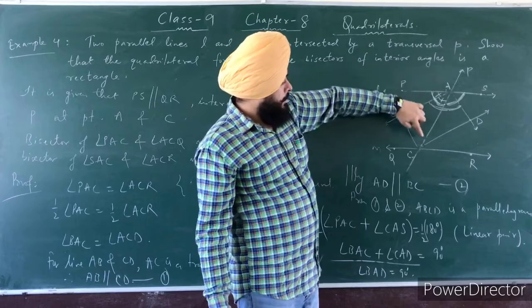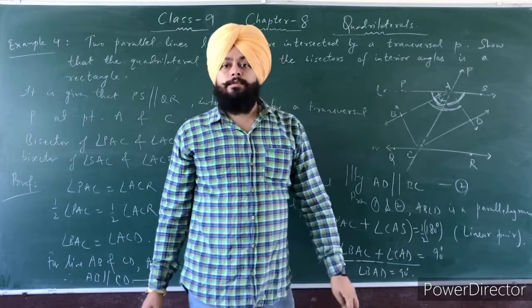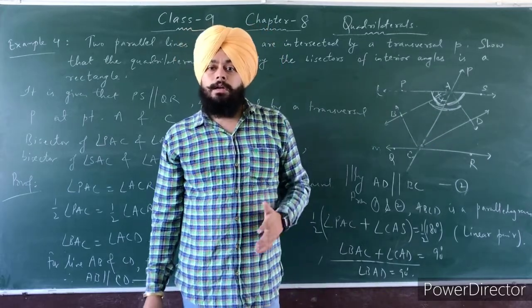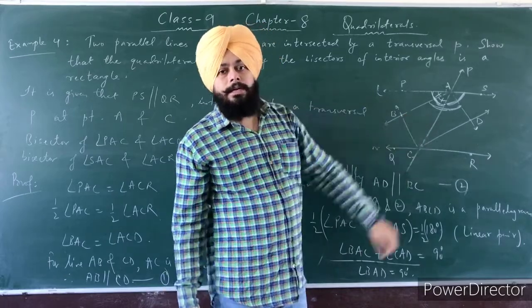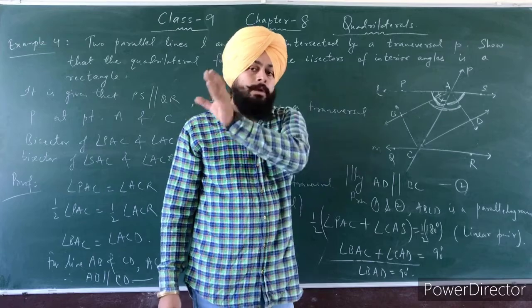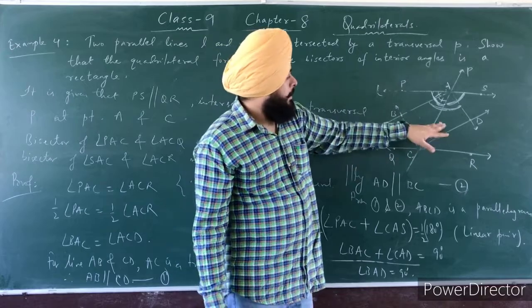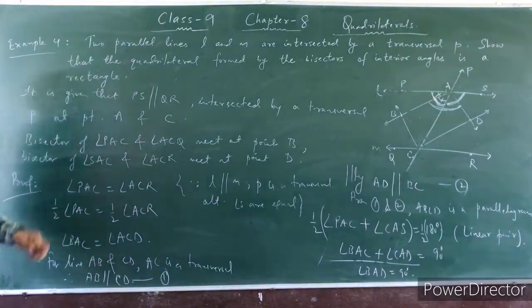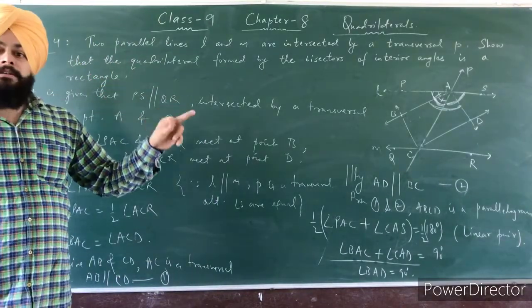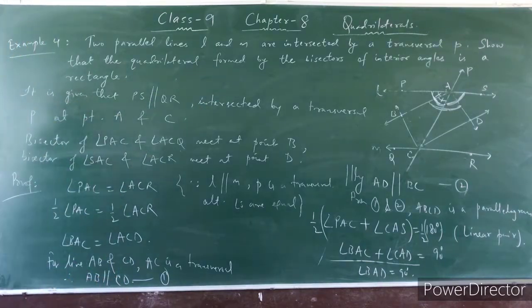Okay? Now you can see here, if these two are parallel lines, then these are interior consecutive angles, and the sum of interior consecutive angles is equal to 180 degrees. If one of them is 90, then what is the other? It is again 90 degrees, because you subtract 90 from 180. That's why this angle is also 90 degrees, and then its opposite angle is again 90 degrees. That's why this quadrilateral ABCD is a rectangle in which all vertex angles are of measure 90 degrees. So this is your example number 4.